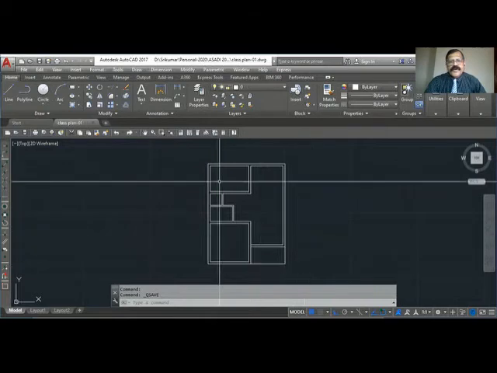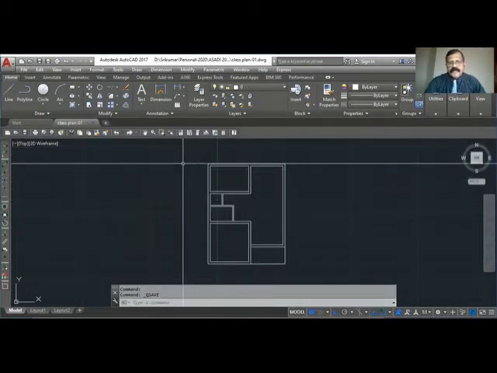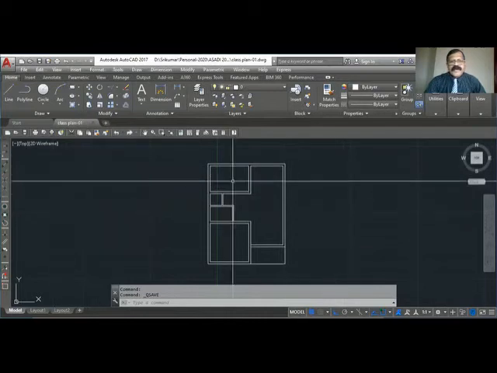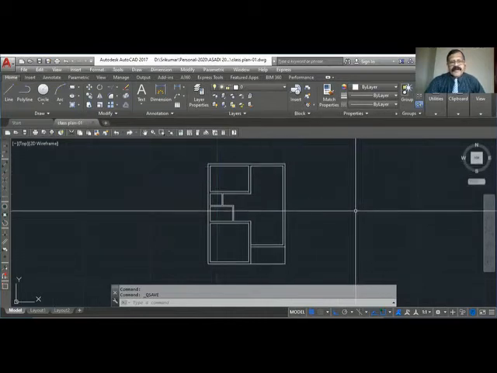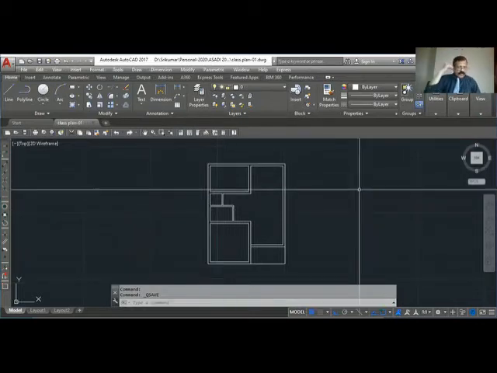Now we are going to draw the center line. I want to draw the center line here. When you draw, you are getting a continuous line. You don't get a center line, no? So how will I get the center line? Moreover, this should be in a different layer. So let us go through layers now.